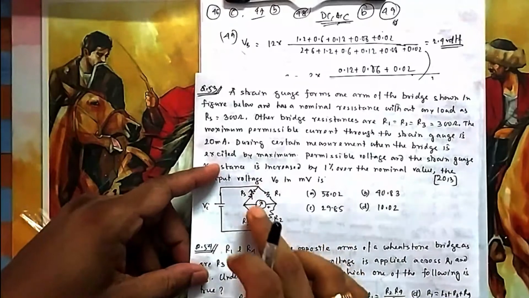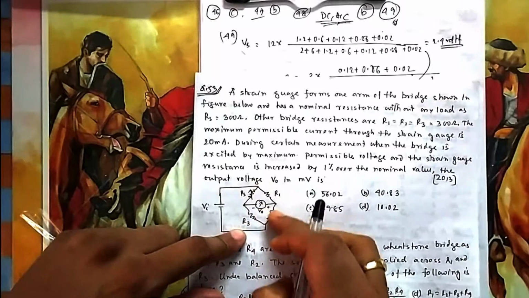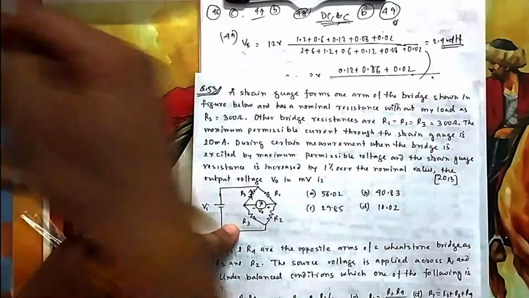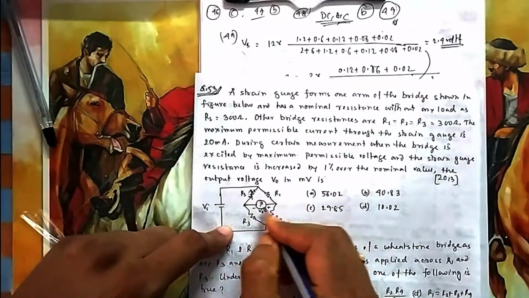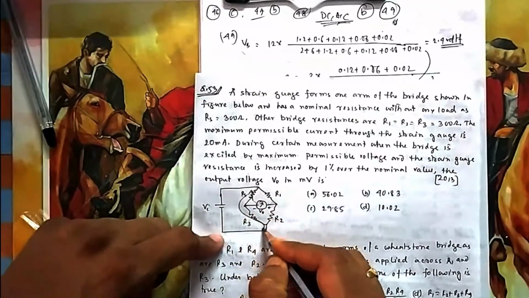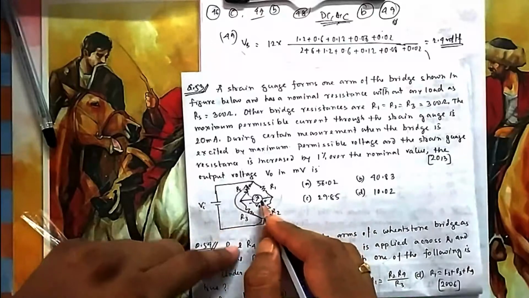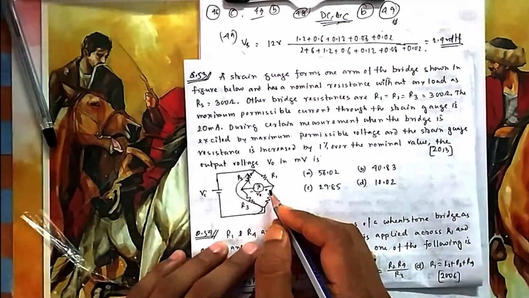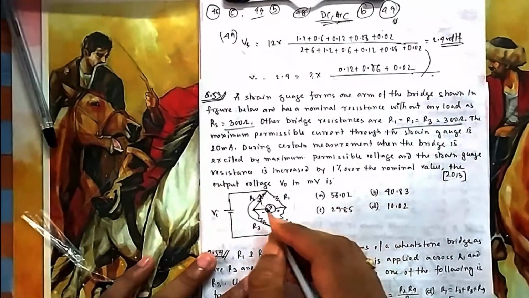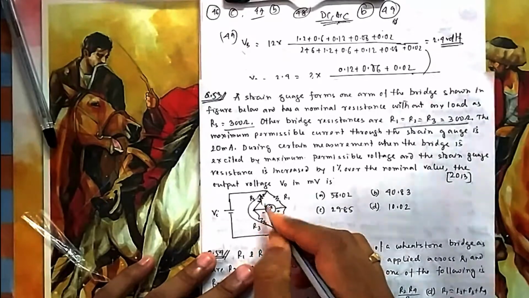So if everything is 300, 300, you have only 2 branches. This parallel branch is 300 into 300. Because all are 300, no current will flow through the middle branch, you can neglect it in the normal case. This current is flowing through one parallel branch and this through another, and nothing is connected between these two if all are equal, that is, at balance in the normal condition. All 300, it is also 300. So your voltage will be 300 plus 300 multiplied by this branch current.